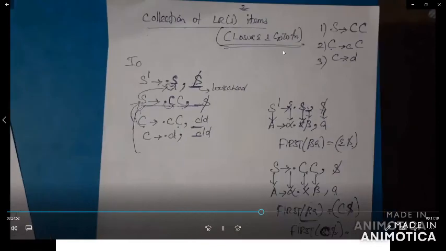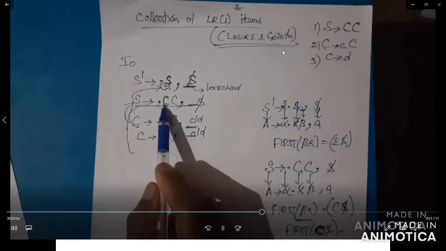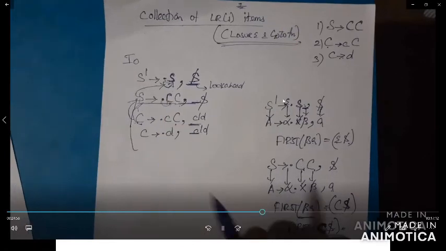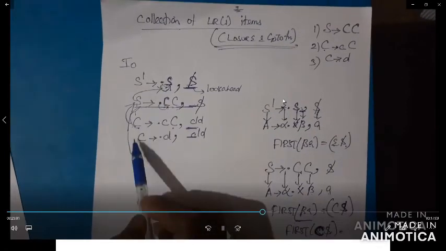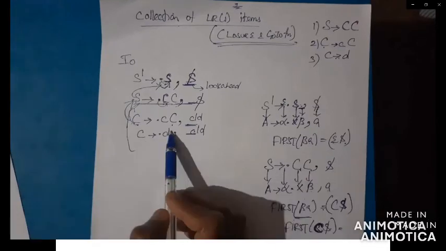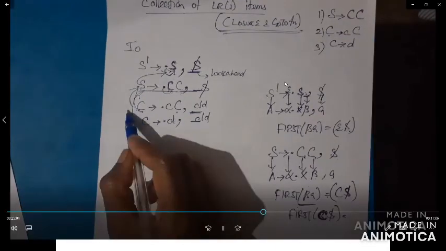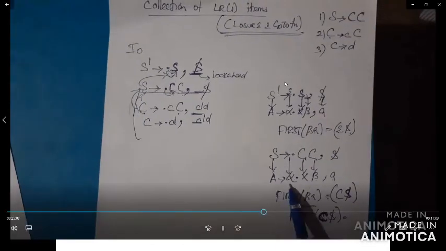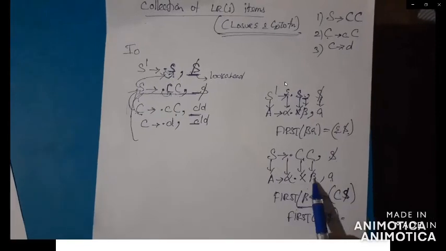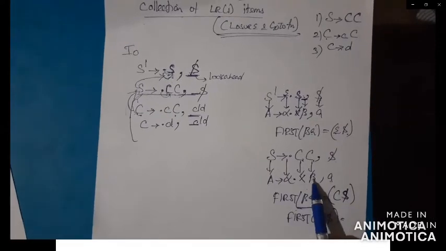So you got to check the productions based on the non-terminal. So dot C, you got to write for the C productions here. You check for the lookahead symbol based on the rule: first of A tends to alpha dot X beta, comma A. Here beta is capital C, A is dollar. So first of C dollar. What is first of C? Only the variable, only for terminals. So first of C is C and D. You have to write C, D.